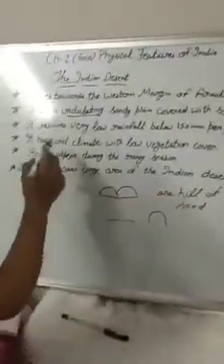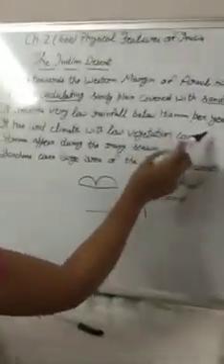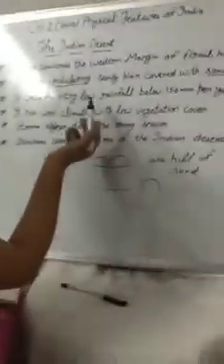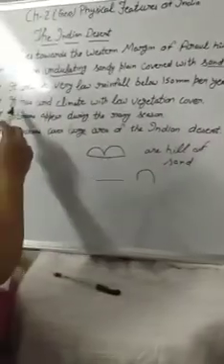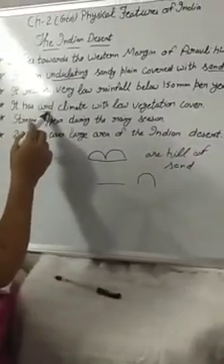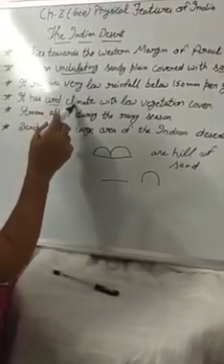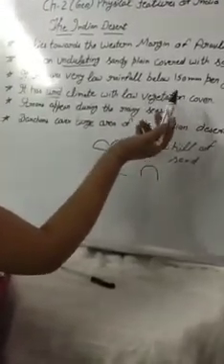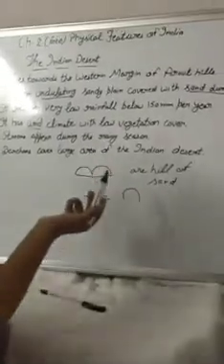The next feature of the Indian Desert is that it receives very low rainfall, below 150 millimeters per year. It is a desert area, so that's why very little vegetation is there, which is also a cause of the low rainfall. The average is 150 millimeters per year. It has an arid climate. Arid means barren or dry, so that's why there is less rainfall and the climate is also dry. We find very little vegetation here, like cactus and date palms. We find only a few trees and shrubs which need less water.